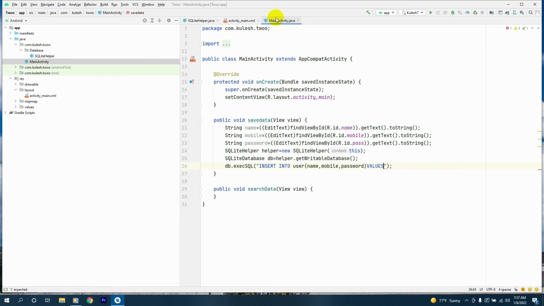we'll have the values, and here we'll say name first, and the next thing we'll say mobile, and here we'll concat this, and we have another field, we'll provide the password like this. Now the query for insert is complete,